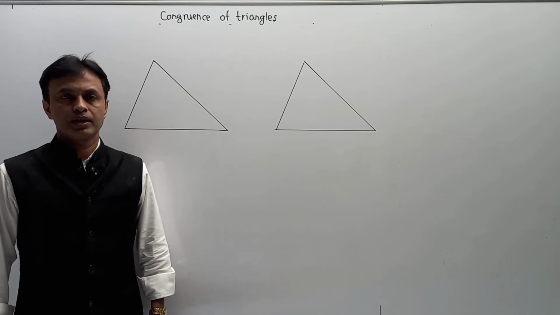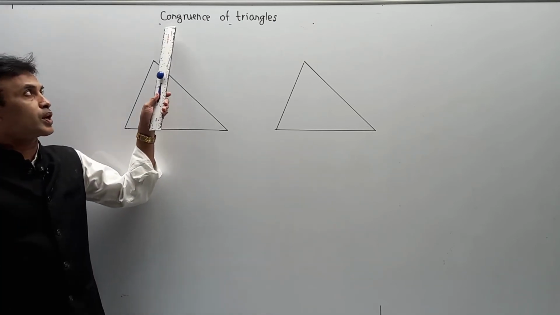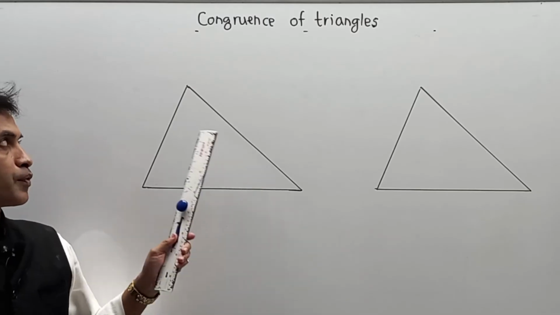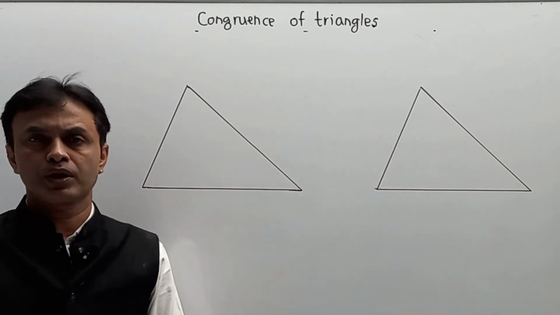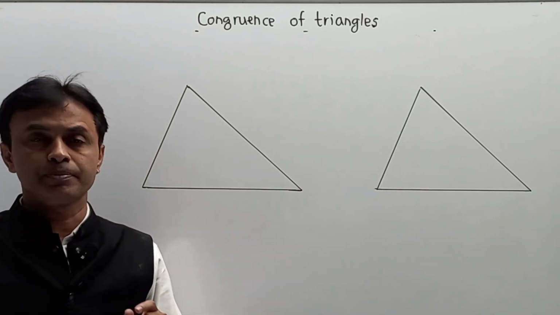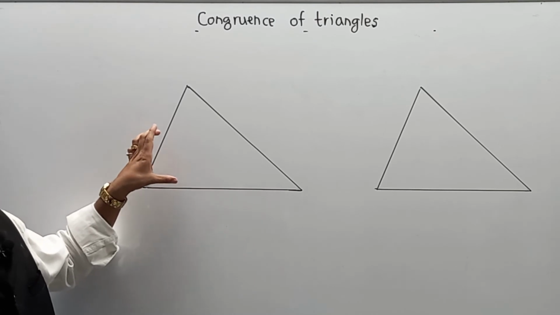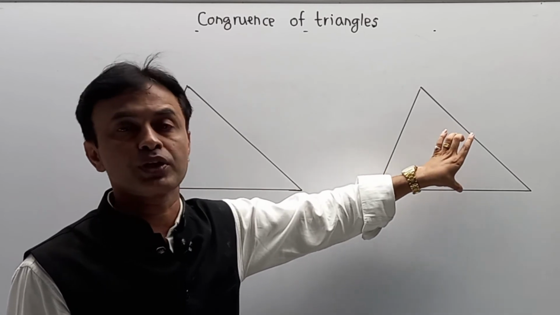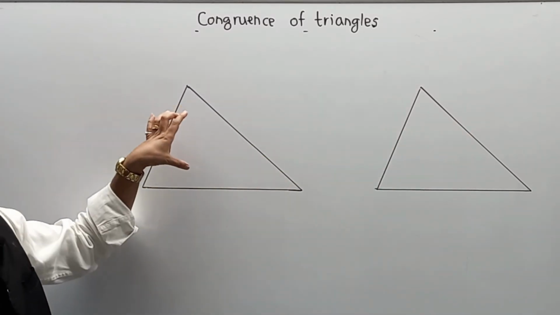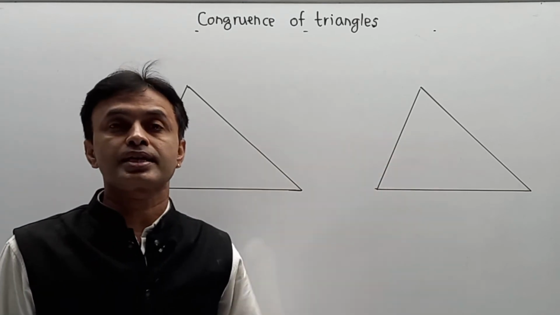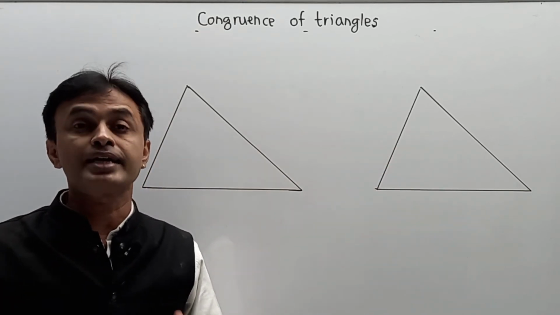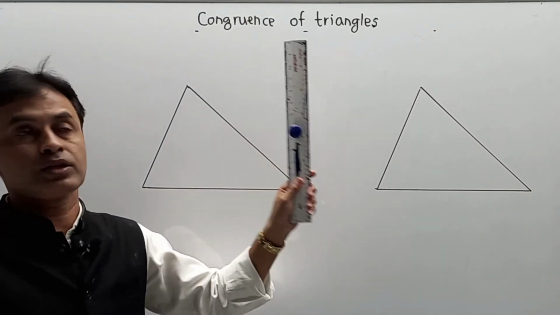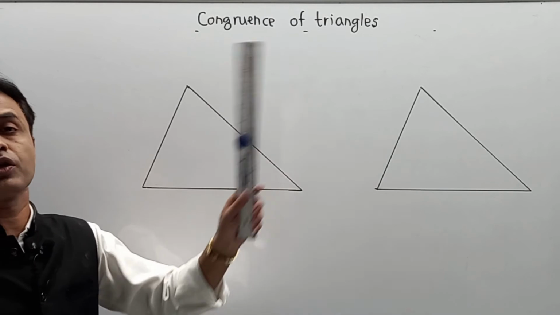Now student, in this lecture, we have to understand the part called congruency of triangles. Now what exactly is meant by congruency of triangles? For indication, I have drawn two triangles in front of you, and logically you can understand one simple definition. If I pick the first triangle and keep it on the second triangle, and both triangles overlap each other in exactly the same size and dimension, then such triangles are called congruent triangles. And the test is called congruency of a triangle.